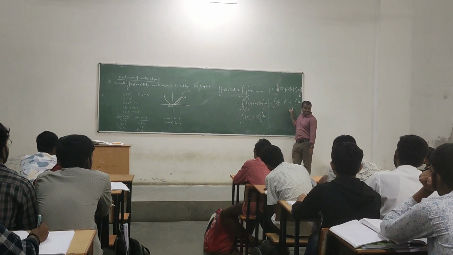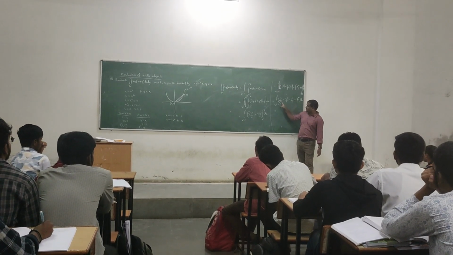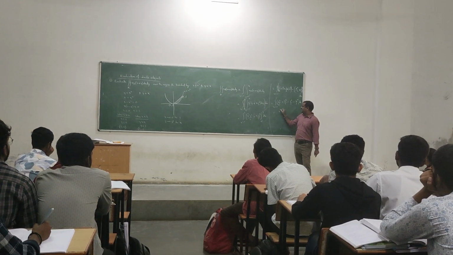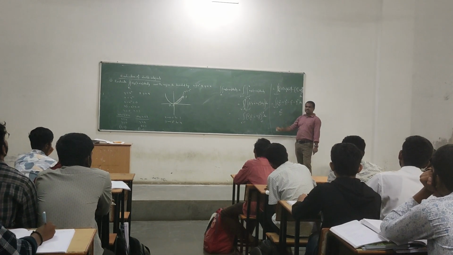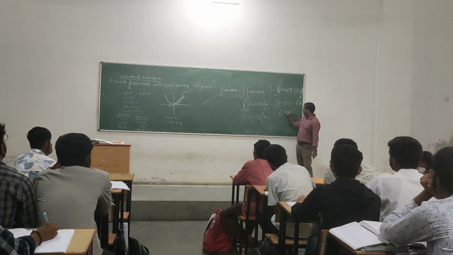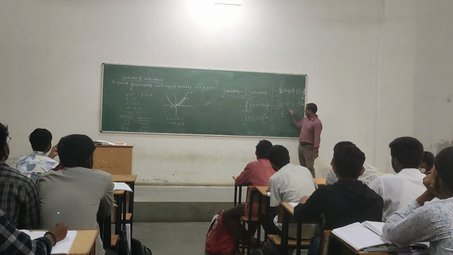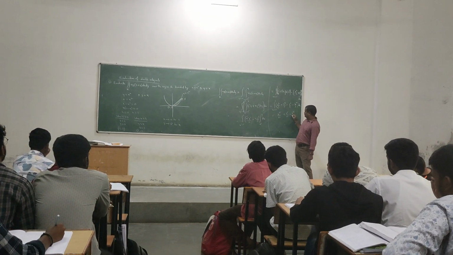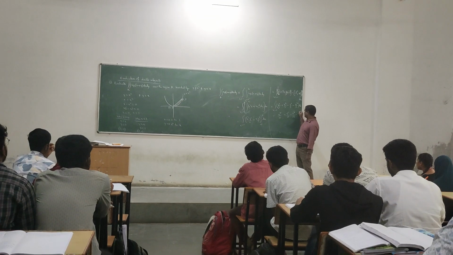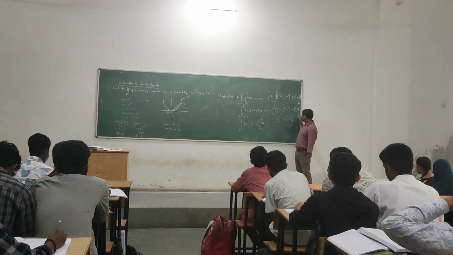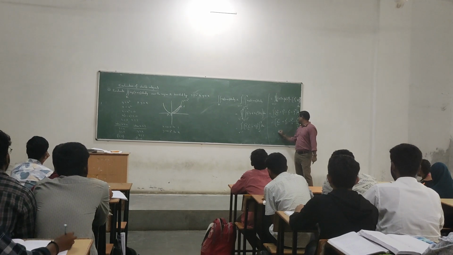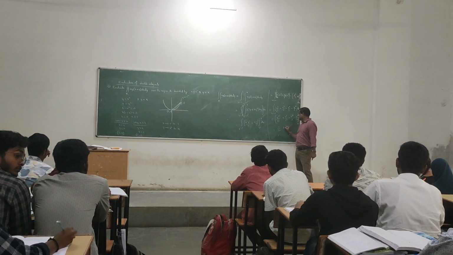Integrating with respect to x, we get x power 5 by 5 into 2, x power 5 by 10, plus x power 5 by 15, minus x power 7 by 7 into 2, 14, minus x power 8 by 8 into 3, 24. The value is 1 by 10 plus, taking upper and